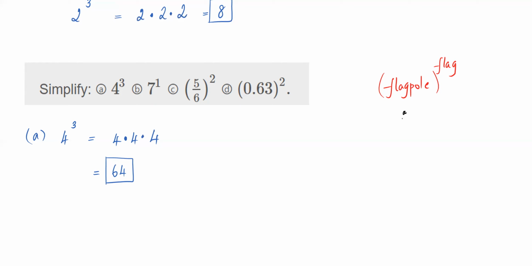So now if I have 2 power 3, then I can see that the power is 3, which is the flag, and it's attached to the pole, which is 2, right? So the power 3 is attached to the 2 because it's right next to the 2. Let's say